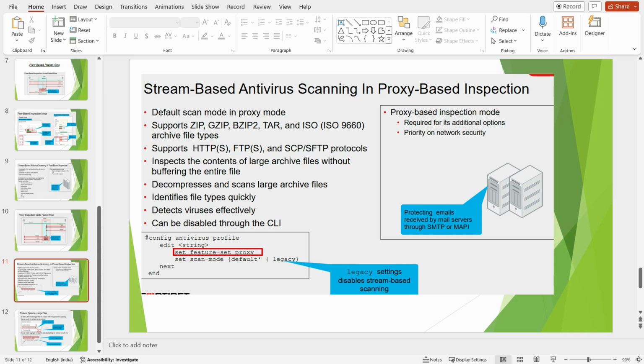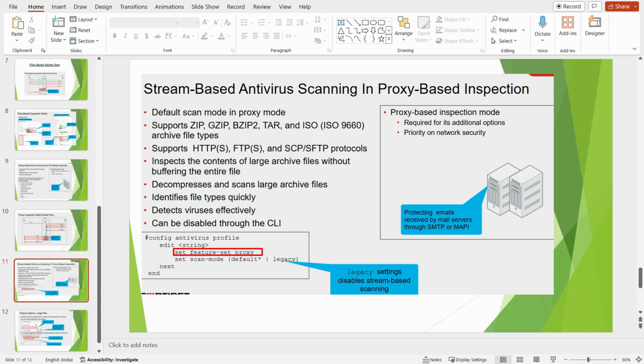So the first topic will be stream-based antivirus scanning. First we should know what stream-based scanning is. Using proxy-based scanning allows you to perform stream-based scanning, which is enabled by default. Stream-based scanning scans large archive files by decompressing the file and extracting it at the same time.